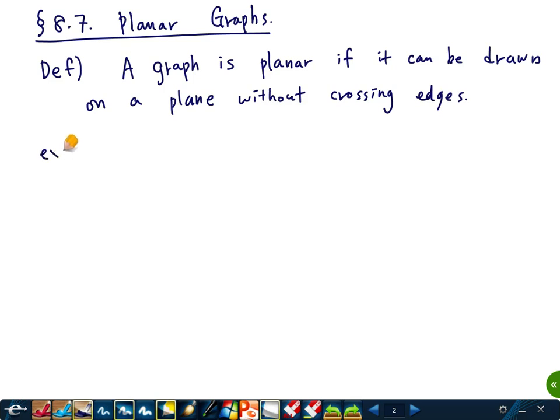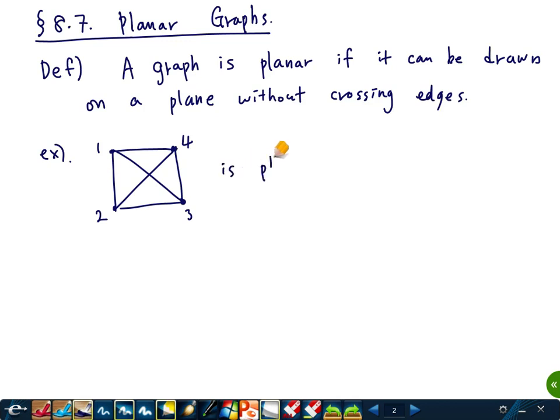So, for example, this graph: one, two, three, four. It has four vertices and 6 edges. This is a planar graph. It is not drawn in the good way because we don't want to have crossing edges like this. This is not a proper drawing, but the graph itself is planar because if you draw this in a different way like this,